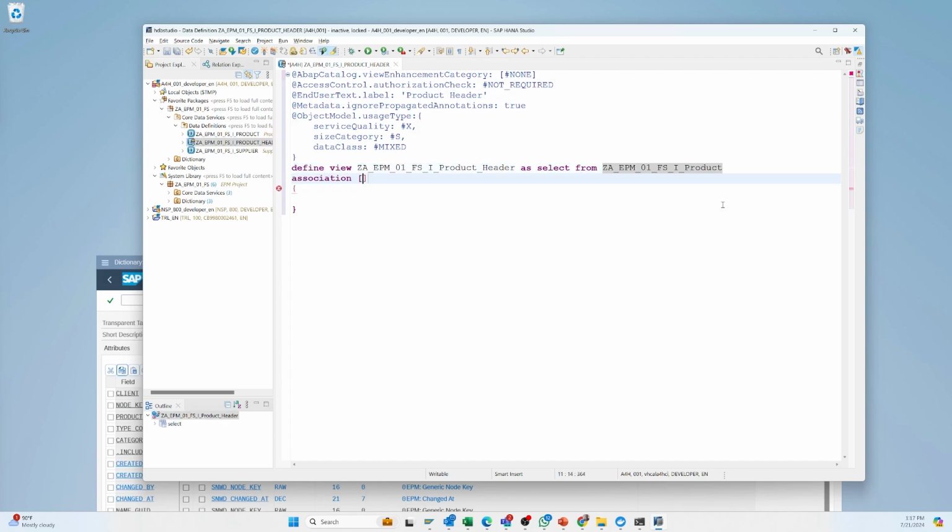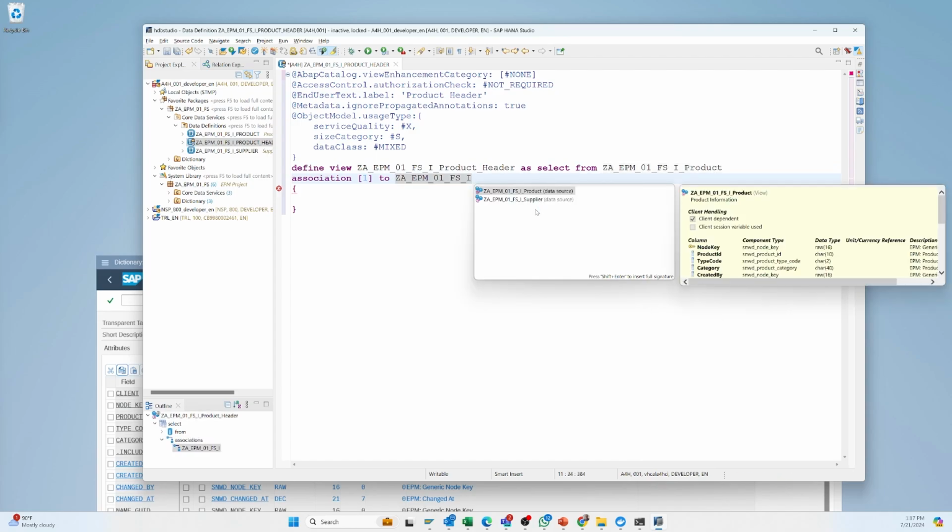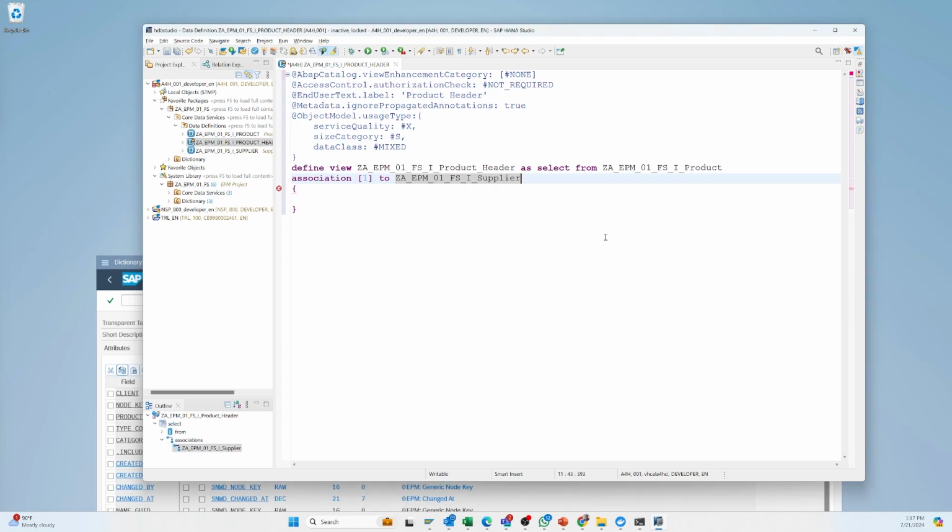We have to put the cardinality 2, we will use that product supplier. So just use this, that is product supplier, and we have to give a name like supplier,